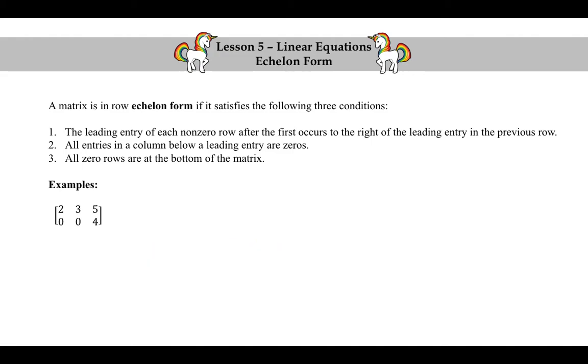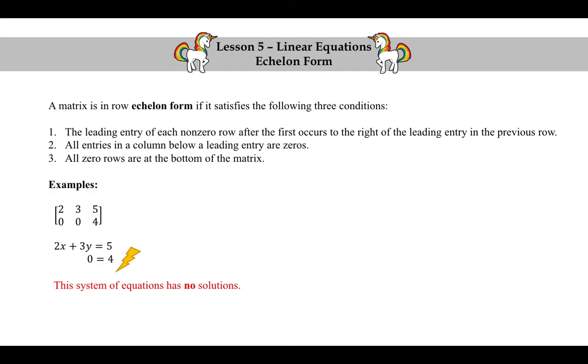Another example, 2, 3, 5, 0, 0, 4. The leading entry in the first row is 2, and the leading entry in the second row is 4. Notice that the conditions of being in row echelon form are satisfied. Let's write the corresponding system of equations. 2x plus 3y equals 5, 0 equals 4. This second equation, 0 equals 4, is simply not true, therefore a contradiction. I use that lightning bolt symbol again for a contradiction, and that indicates that this system of equations has no